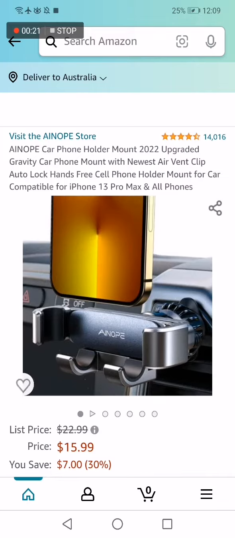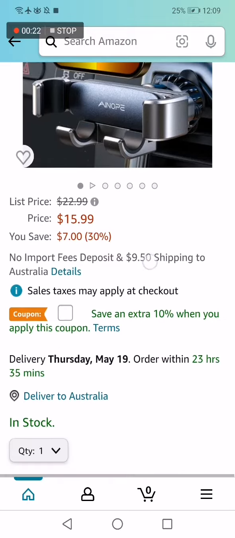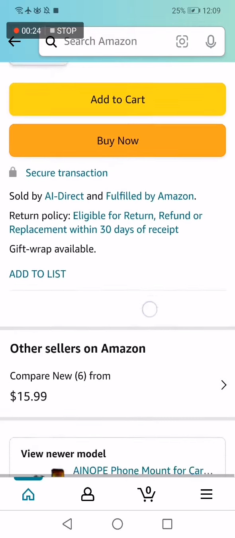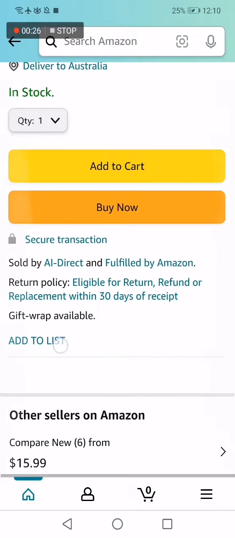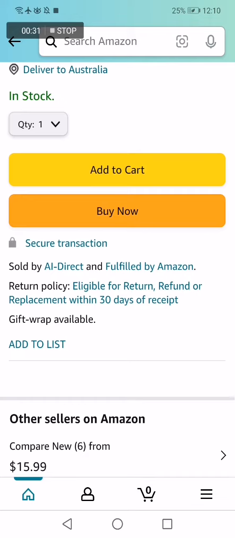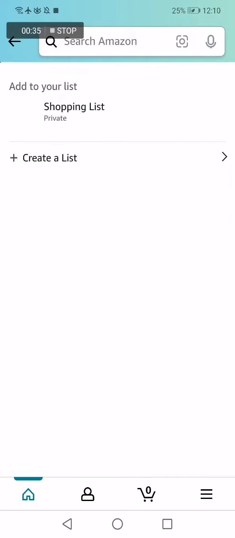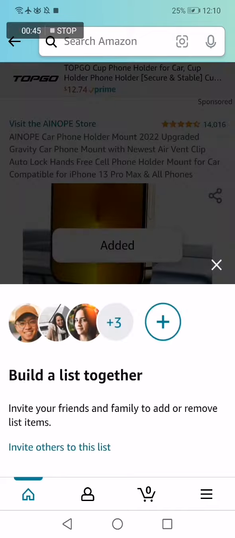Now all what you have to do is go down right here, go down until you find this add to list option. It's down here. Click on it, and after you click on it, it will take you to this page. Now choose one of your lists, or you can create one from here. For example, I already have this list right here, so I'm gonna choose it, and I just added this product